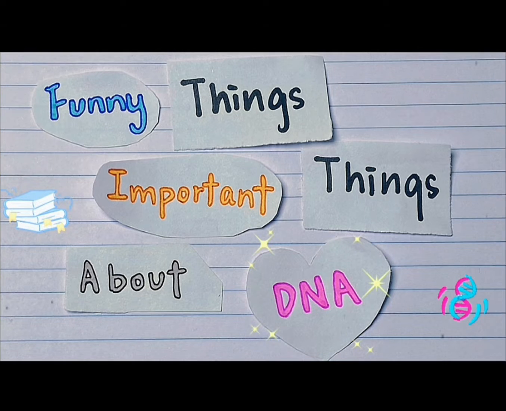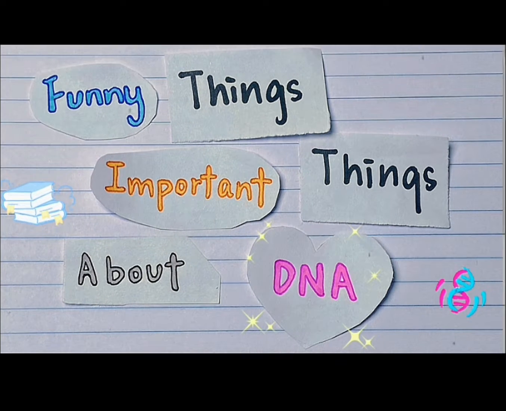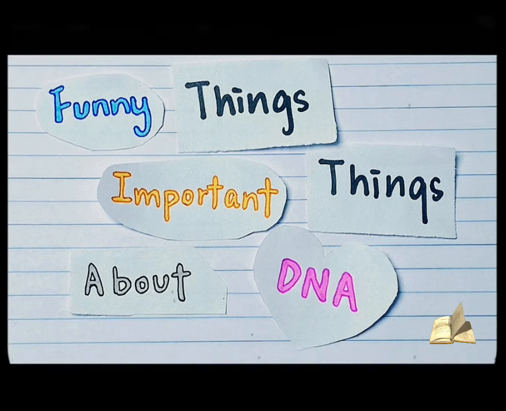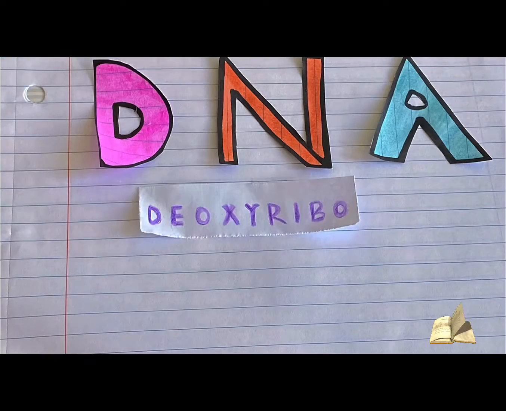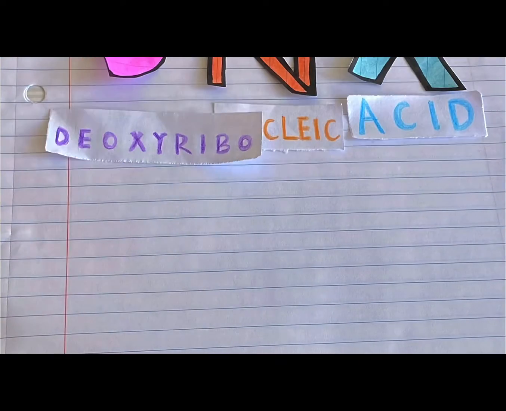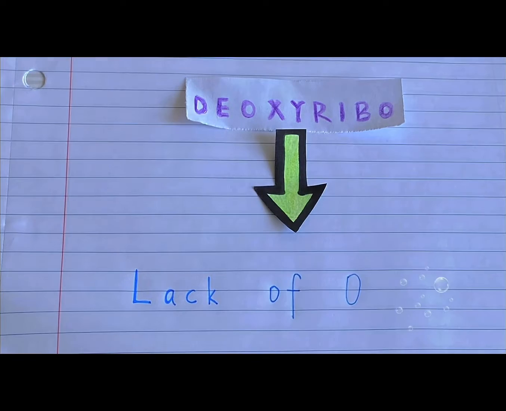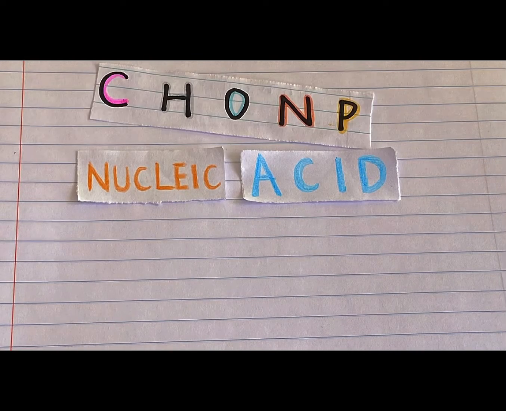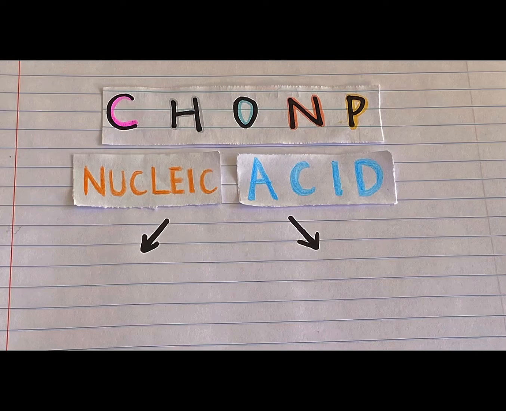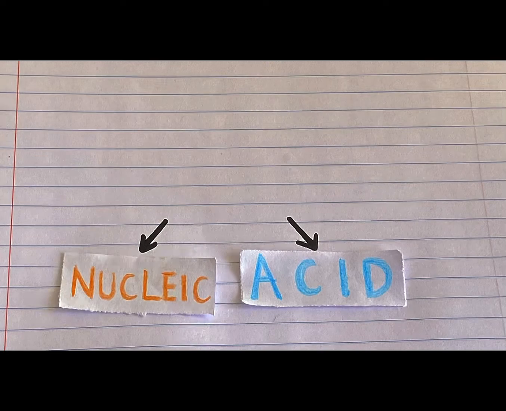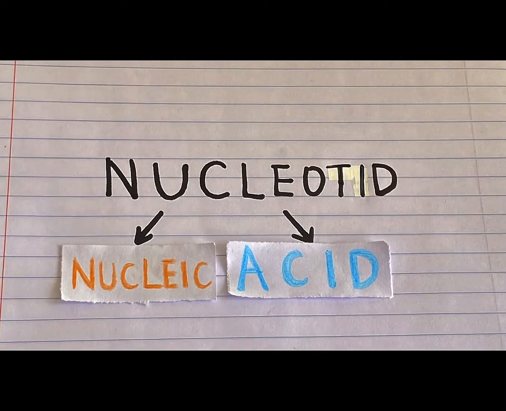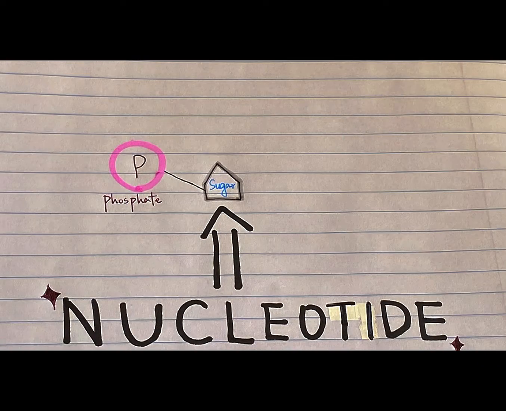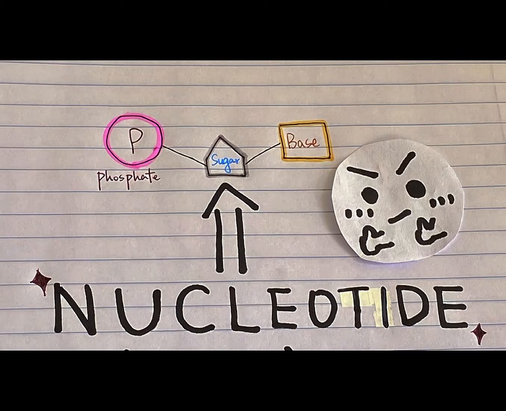Nowadays, DNA is used in many modern techniques such as pregnancy testing and genetic testing. Many people have a basic understanding of DNA, but today I want to show you how DNA works for the human body. DNA stands for deoxyribonucleic acid, and deoxyribose means lack of oxygen. Nucleic acids are composed of carbon, hydrogen, oxygen, nitrogen, and phosphorus atoms and are divided into DNA and RNA. The basic unit of nucleic acid is nucleotide, and a nucleotide molecule can be divided into three parts: phosphate, sugar,